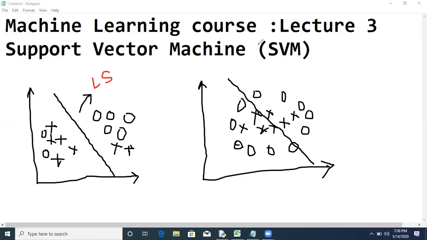It is wrong classification. So in this case, what we'll do, we will shift this data into higher dimension. So suppose this data is in 2D, two-dimensional data. So this type of data is called as non-linearly separable data. That means we cannot separate the data, or we cannot classify the data by drawing one line. So in this case, we'll transform this 2D data into three-dimensional data. So how to shift, we'll see that.